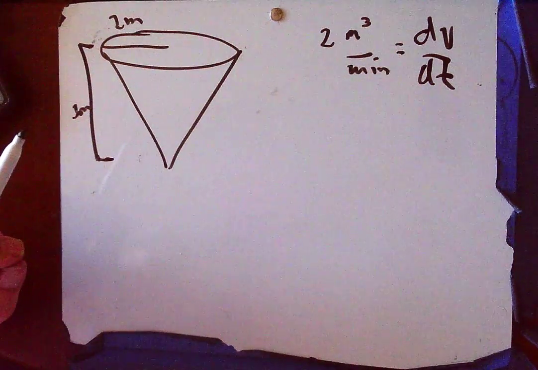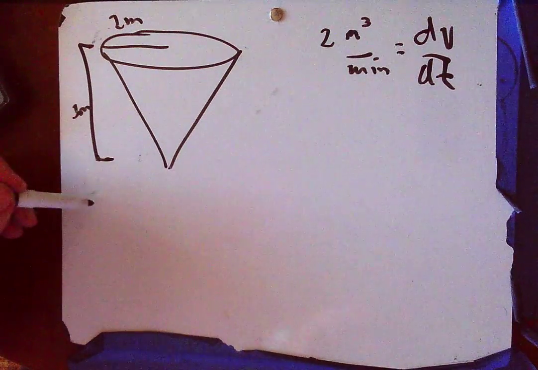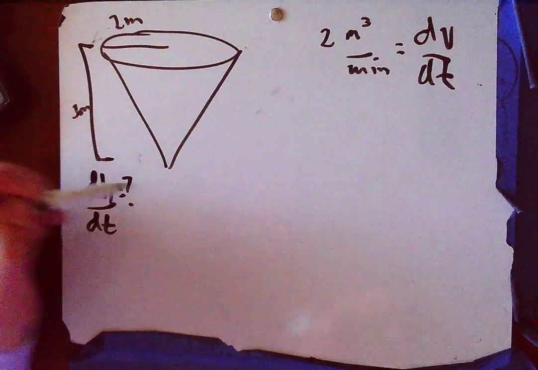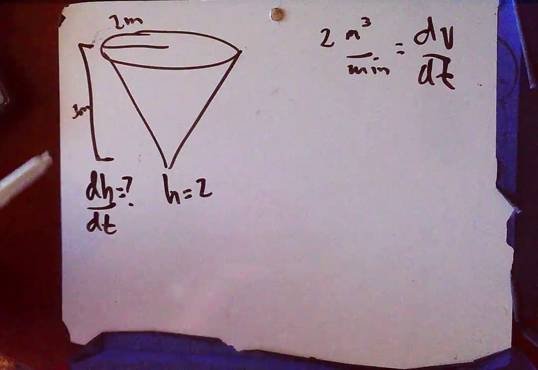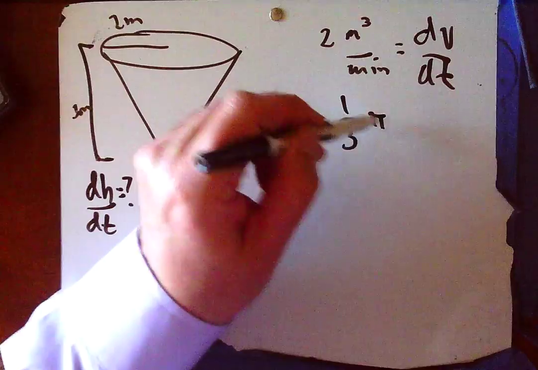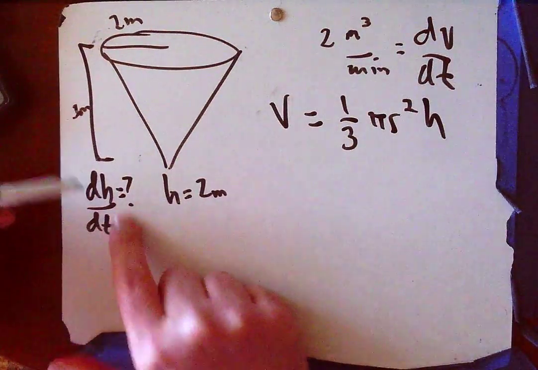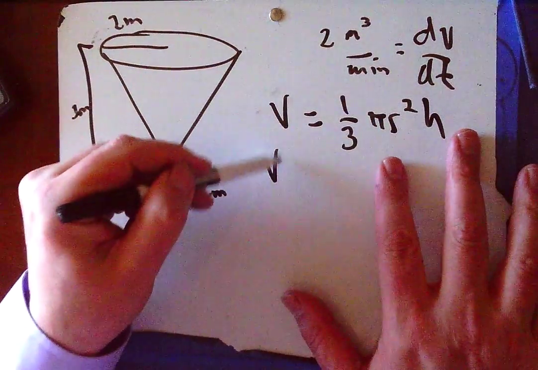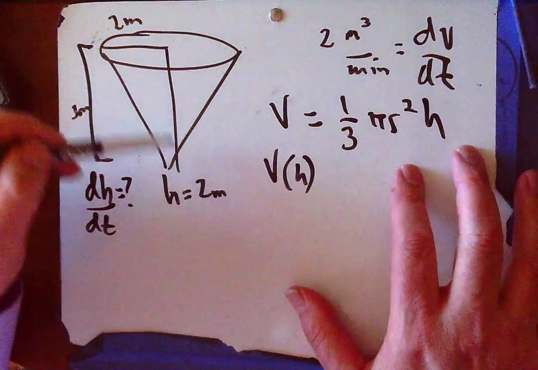How fast is the water level rising when height is 2? So they want the change in height with respect to time. And they tell me that height equals 2 meters. So we know V is 1/3 pi r squared h. I'm looking for dh/dt. I don't have any dr/dt, so I really need to rewrite this so it's just V as a function of h. Now, we're going to do that similar triangle thing again,